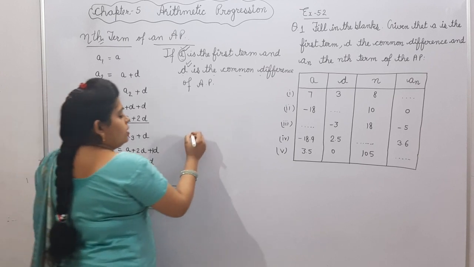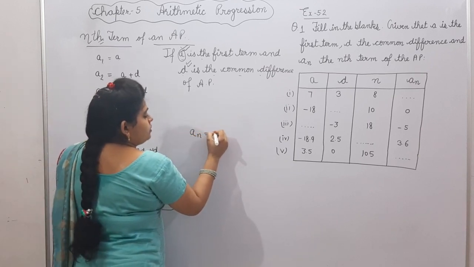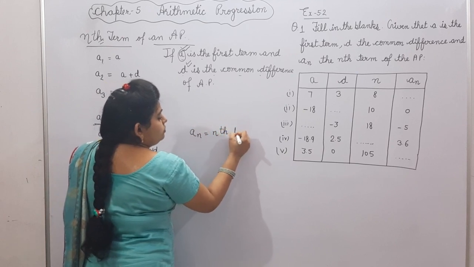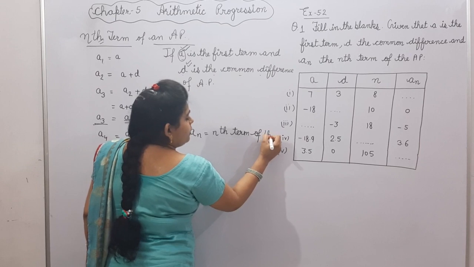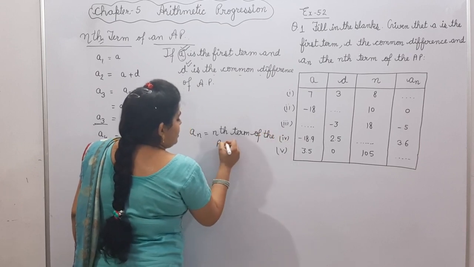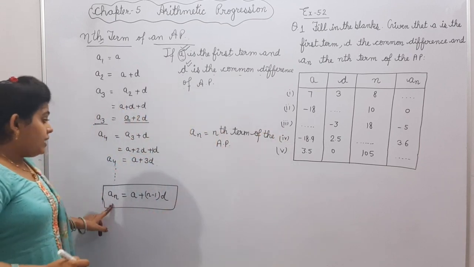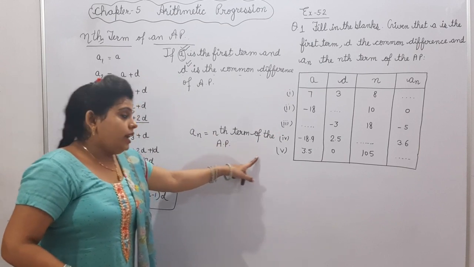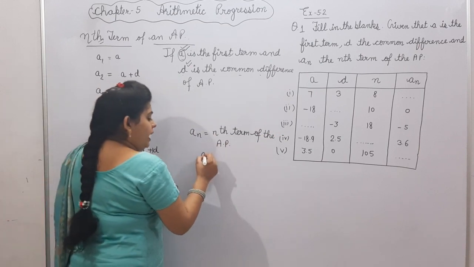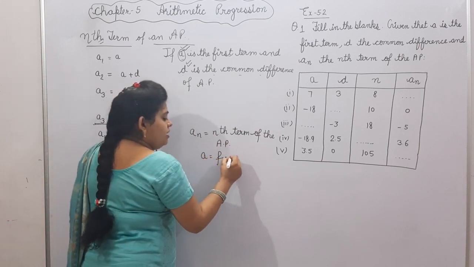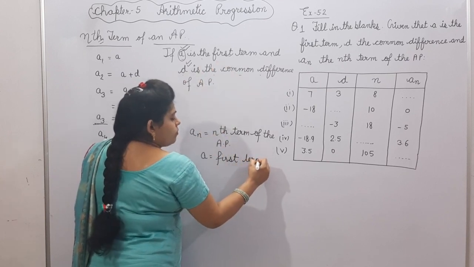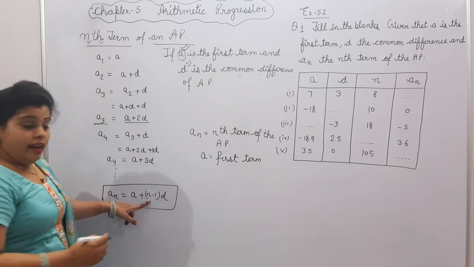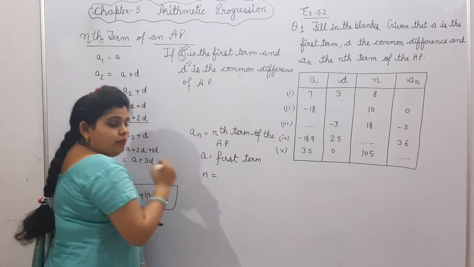Here an is the nth term of the AP. And A, what is given? It is the first term. Here n, what do we mean by n? Number